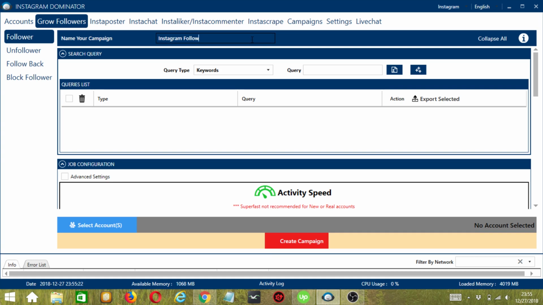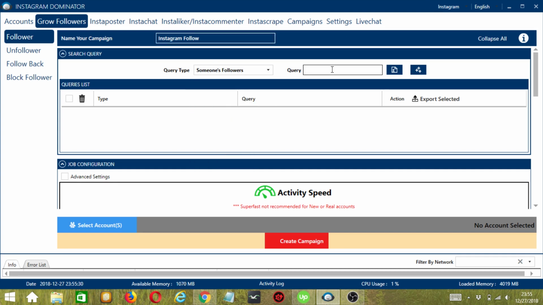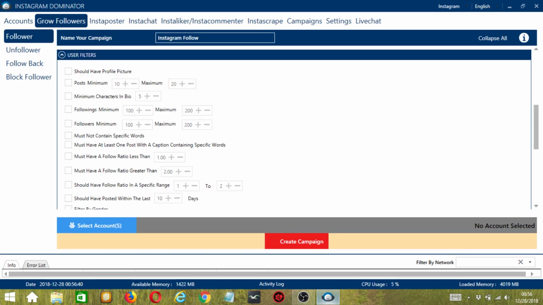For our query type, let's choose someone's followers and type The Rock in the query box. Let's click add queries to the list. The campaign will then target The Rock's followers. Next is job configuration. An average of 83 daily activity should be okay, so let's select slow. For the user filters,